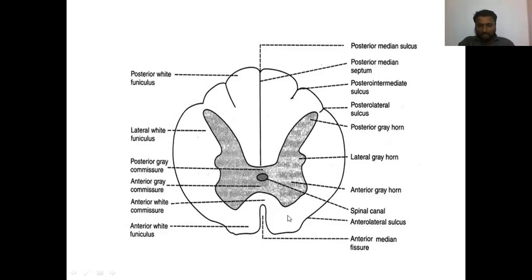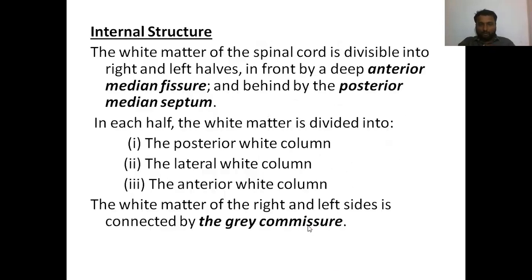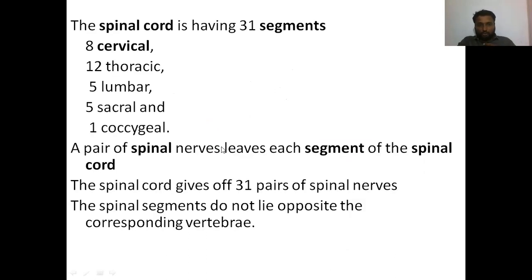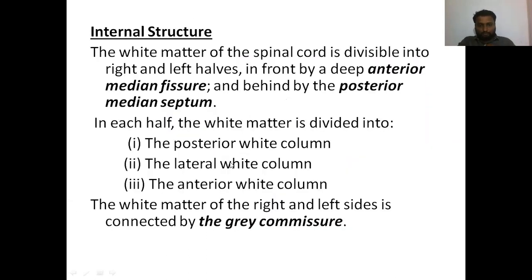Now, what is that white matter? White matter is nothing but the ascending, or upward running, fibers and the descending, or downward running, fibers. What is meant by that? See, ascending fibers are the sensory fibers. Descending means it starts from the brain and runs downward, the motor fibers. Descending means downward running fibers, ascending means upward running fibers. Okay, so this white matter is made up of